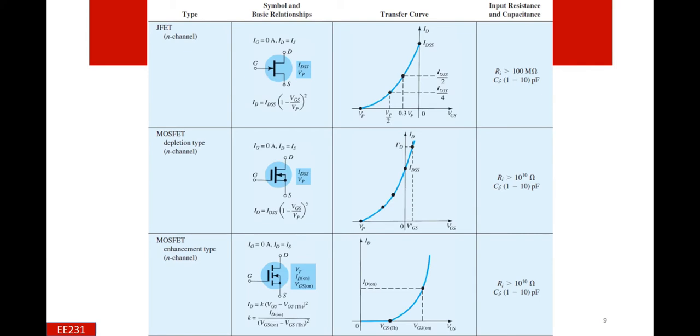And we are starting with the GFETs. The first part of the table represents the type of the FET, the second part represents some fundamental relations applicable to the concerned device, the third portion represents the transfer curves, and the last part represents the input impedance, which is relatively high compared to BJT-based technology and devices,